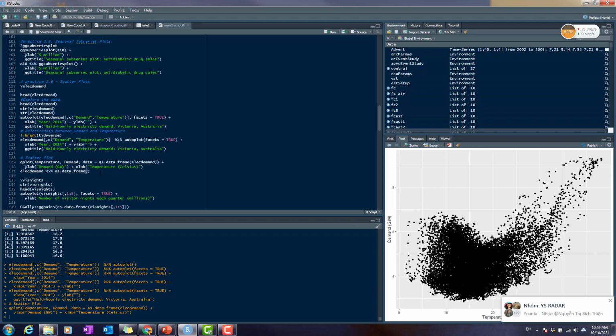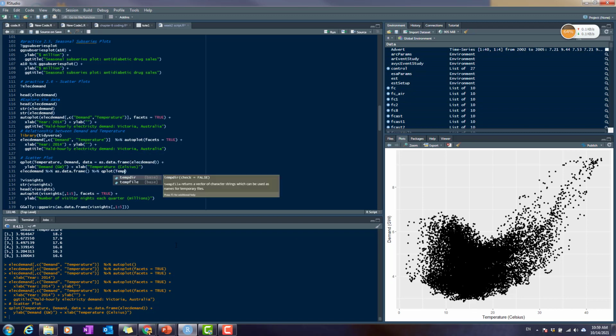About the types of data, including the vector, the list, the matrix or the data frame, you will have to read further in other extra tutorials in RStudio. Okay, and now I generate the qplot. The qplot is the function you can see over here. X and Y must be clarified, the X axis and the Y axis. So the X axis, according to here, should be temperature,